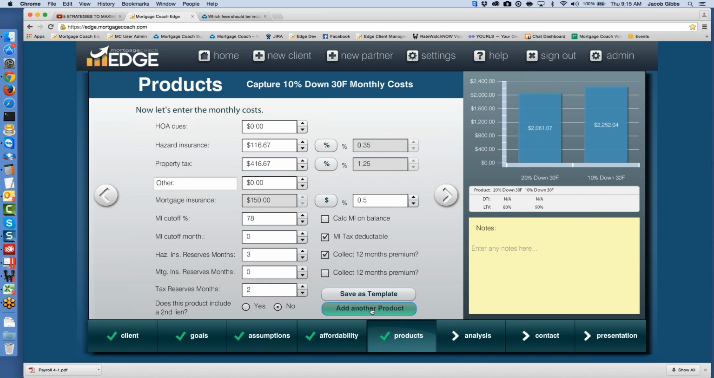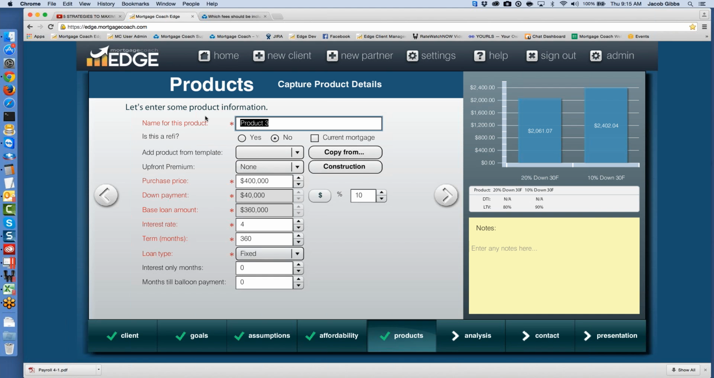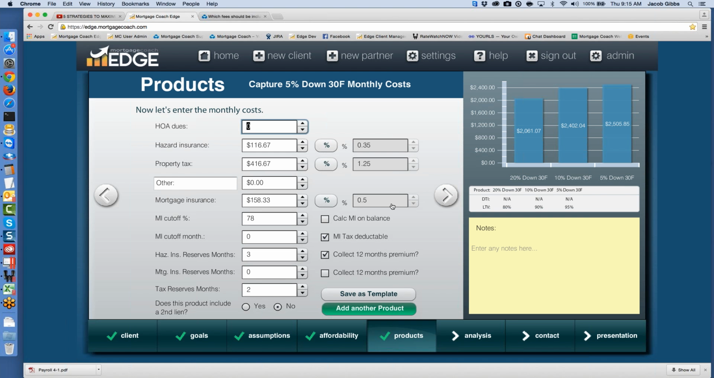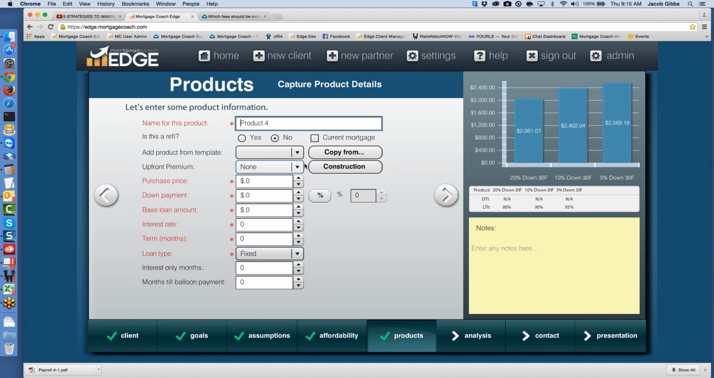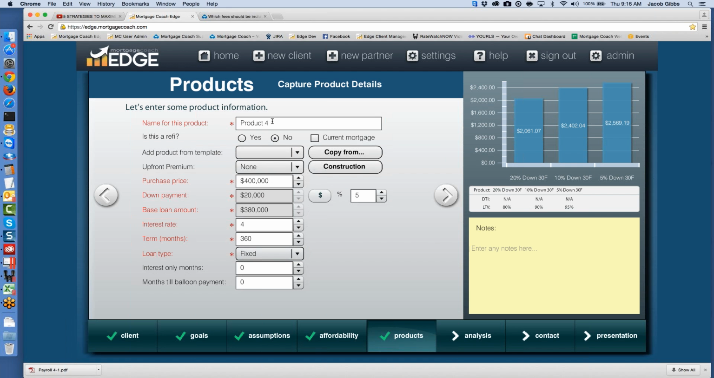And then I'm going to add an additional product. I'll use that copy from button again, and I'll copy my 10% down. And let's say this one's going to be a 5% down, 30 fixed. Change my down payment percentage. And then my MI factor is probably going to be a little bit higher, let's say 0.7. And then just for fun, let's go ahead and add an FHA product as well. So I will copy from that 5%. The name on this one will be 3.5%